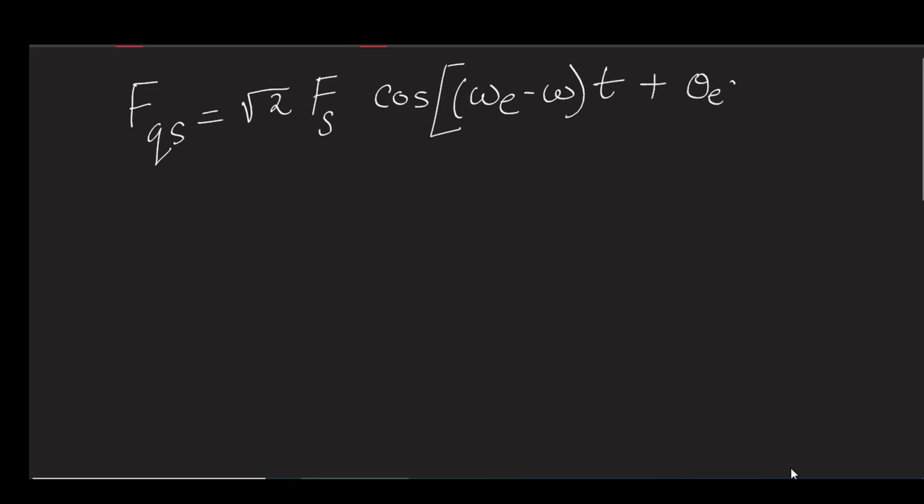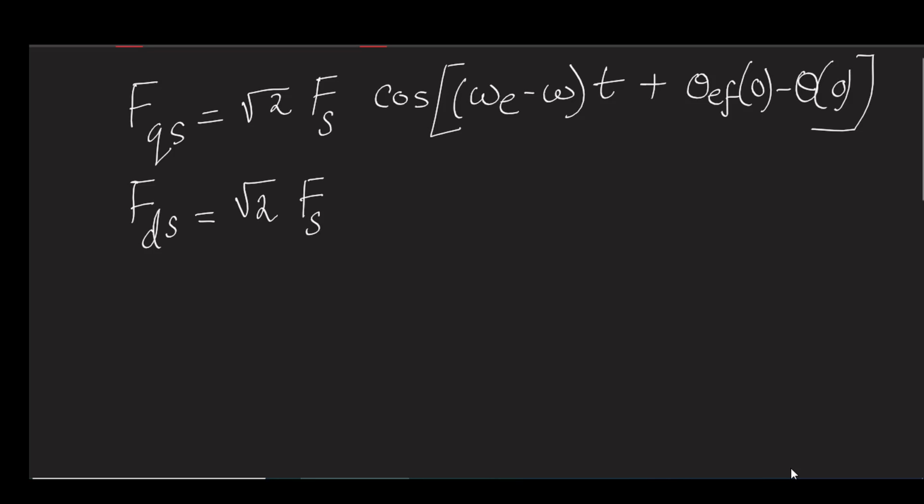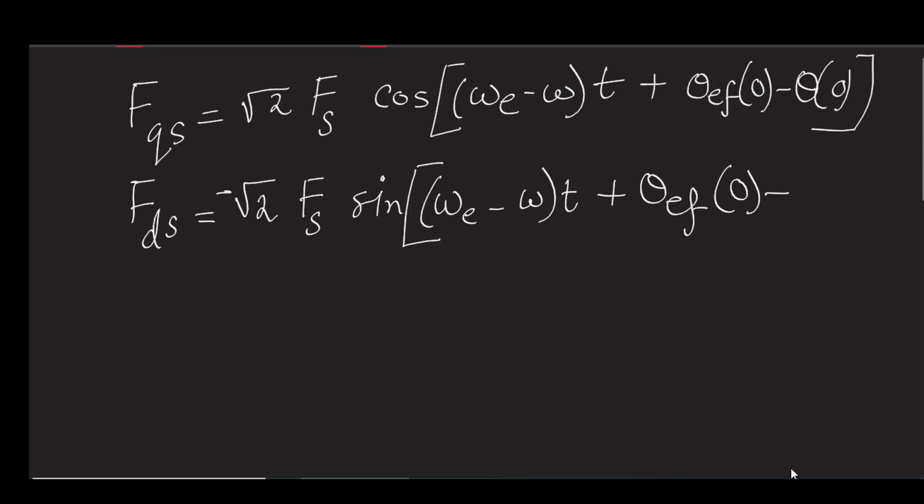It will become zero, but fqs will be there, and that will be exactly root 2 Fs cos of (omega_e minus omega) t plus theta_ef0 minus theta_0, and if ds is equal to root 2 Fs sine of, sorry, minus (omega_e minus omega) t plus theta_ef0 minus theta_0. Clear? So this gives us